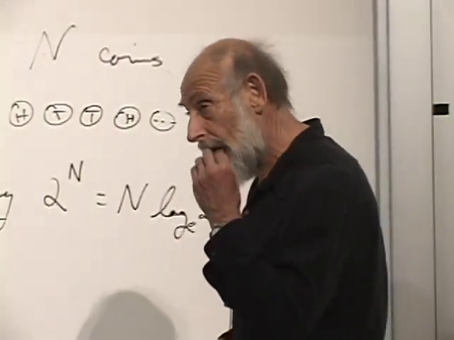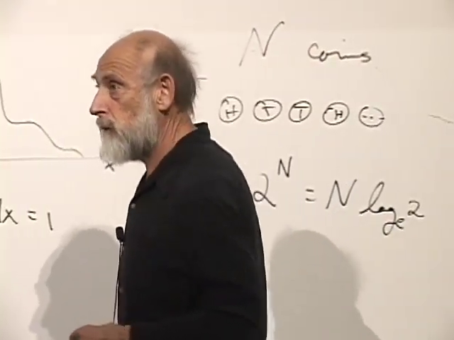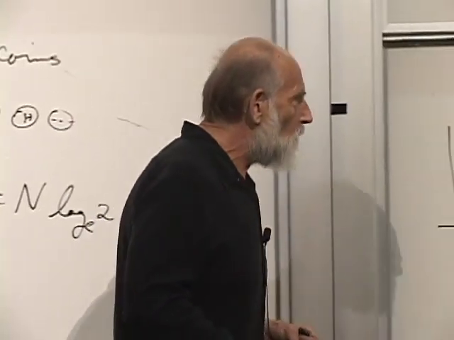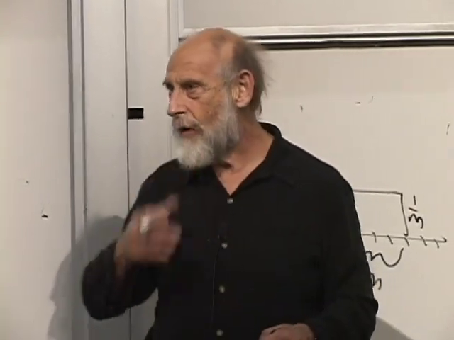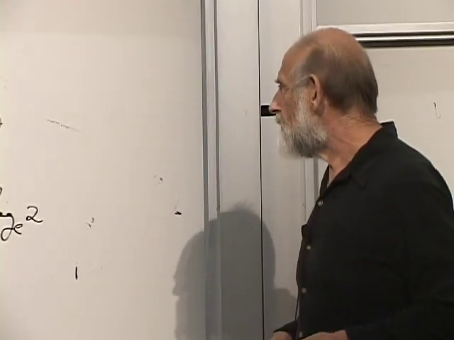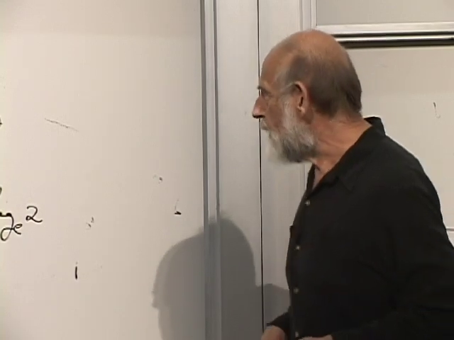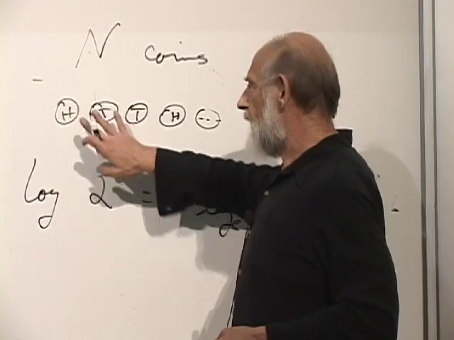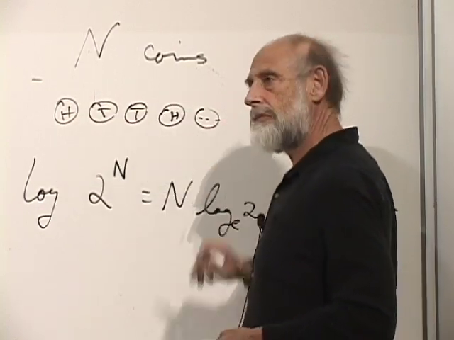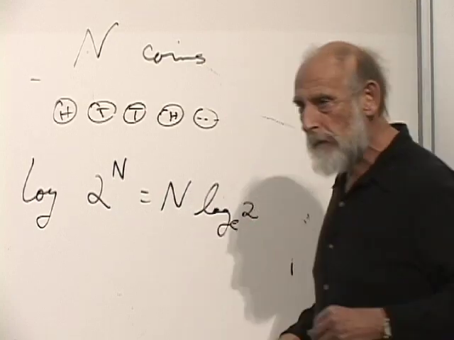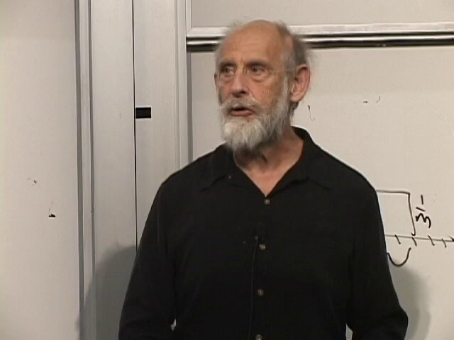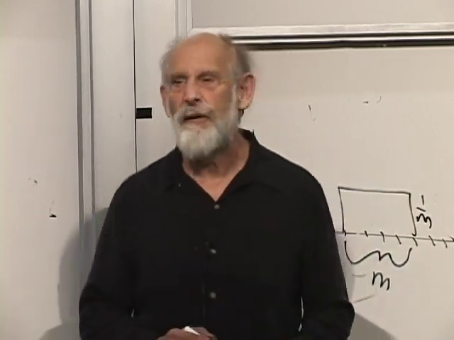Is there a precise definition of degree of freedom? How do you know how many degrees of freedom something has? Well, you ask how many variables there are that you have to know. In this case, the variable is either head or tail, and you need to know n of them. I imagine we can concoct some more official definition, but I can't think of it offhand.